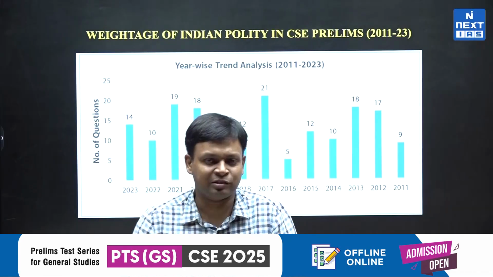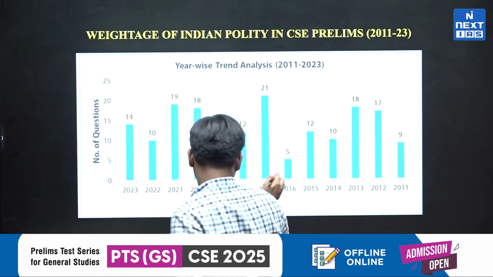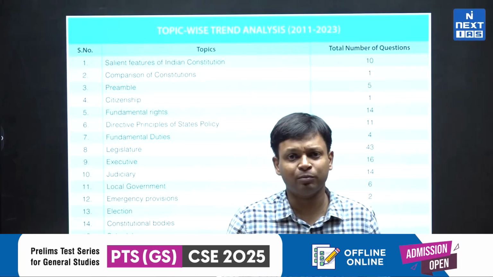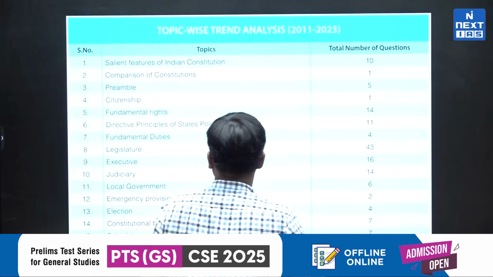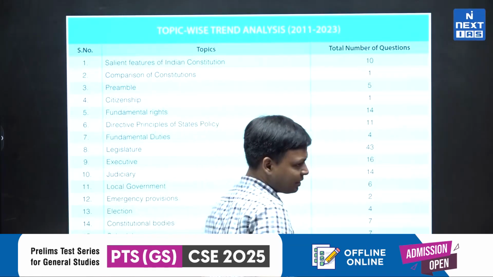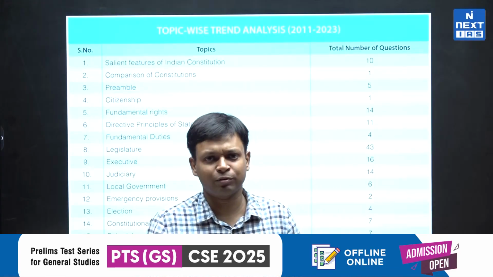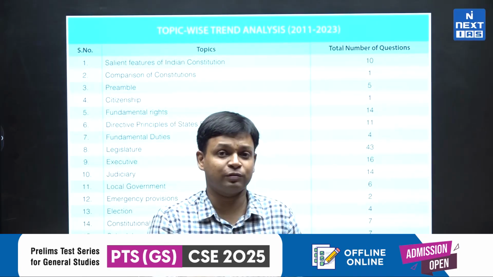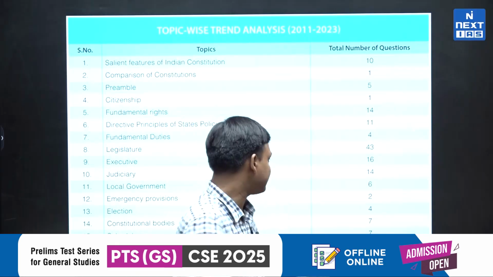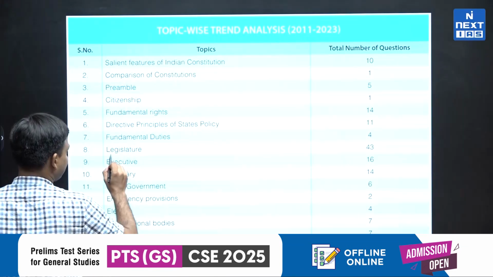As of now, if you look at the analysis, the majority of the questions in the exam are coming from legislature. We can see it from this chart. Majority of the questions are coming from the legislature. If you look at the analysis of questions over the last 10-12 years, and include this year's data as well, this year also there were 10 to 12 questions, and around 5 to 6 questions were from legislature. So legislature is one of the most important areas when it comes to prelims. You can see this very clearly over here.